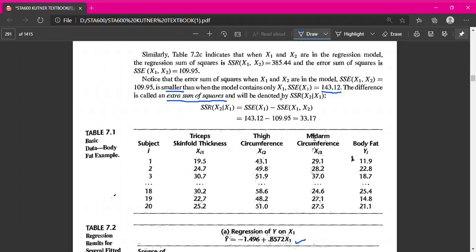Dan kita noted it as SSR X2 given X1. Okay, sebab kita tahu tadi extra sum of square adalah the difference. Okay, the changes in